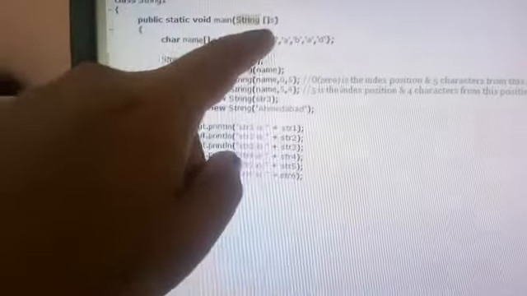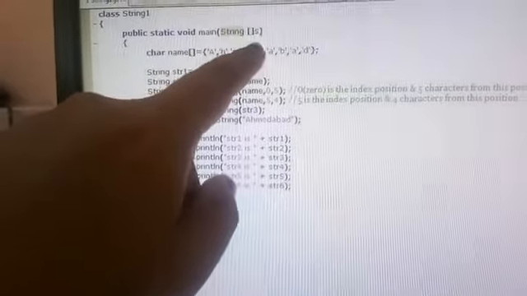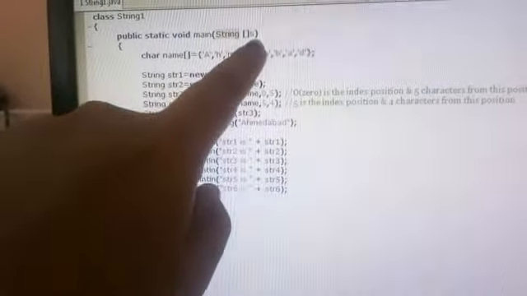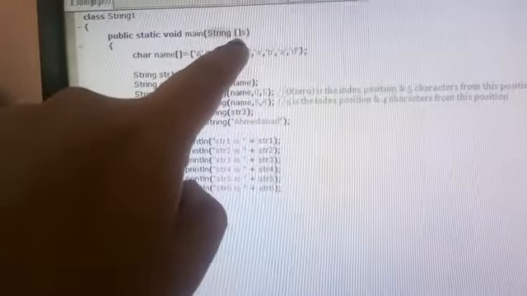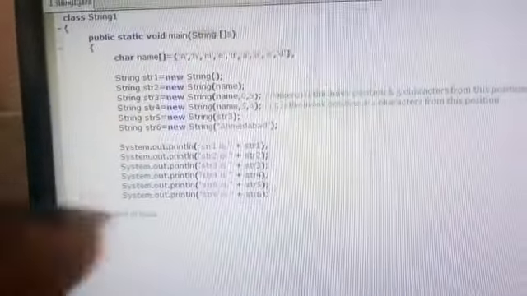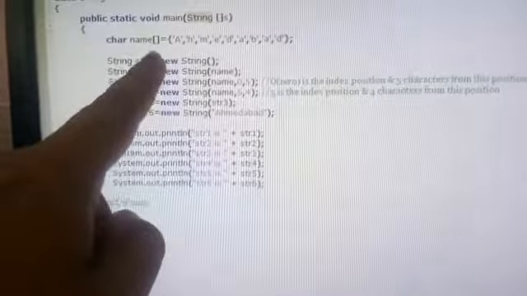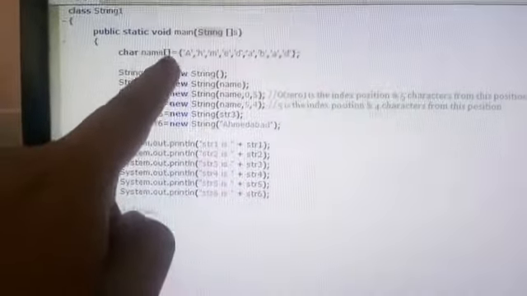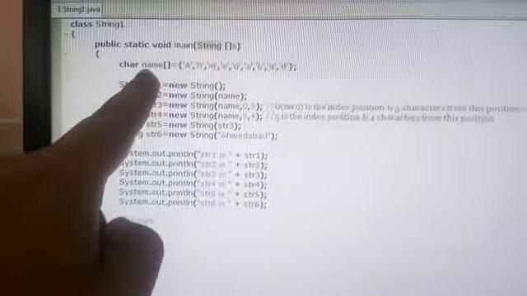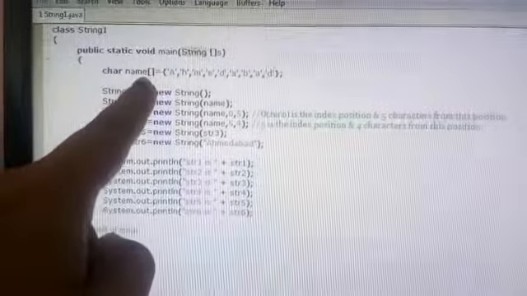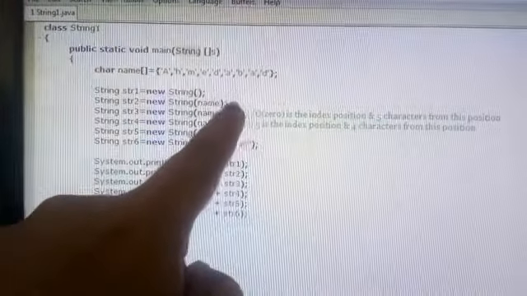See here, in String[] s, this s is also the name of an array. Here I have kept the square bracket before s. So it's not that you can only keep it after the variable's name; you can also keep this square bracket in front of the variable name. Here you have seen a list of elements.